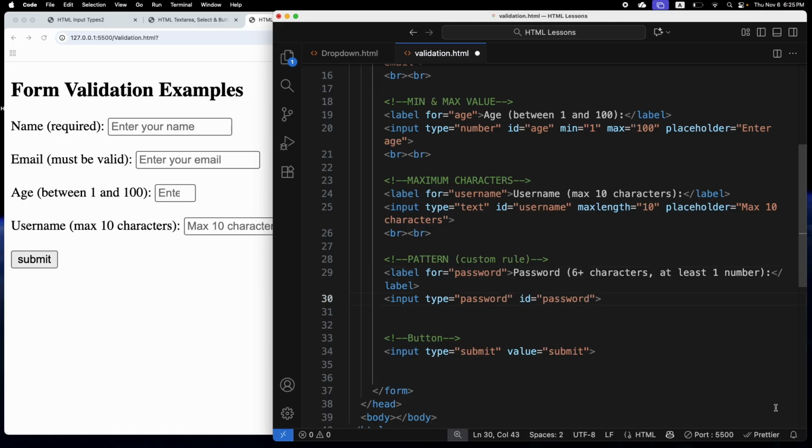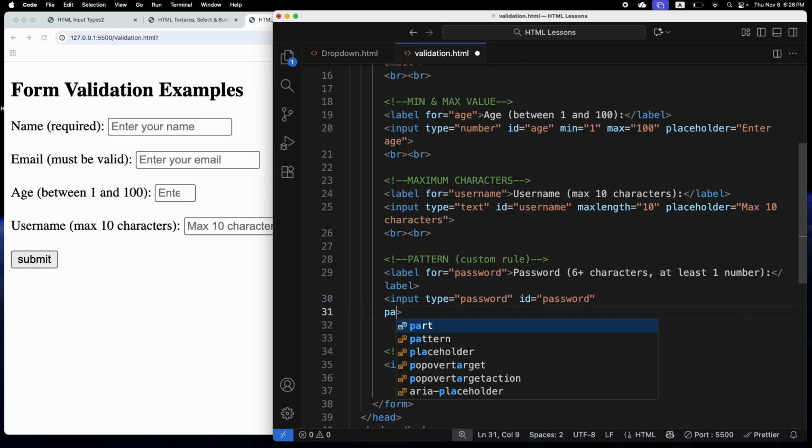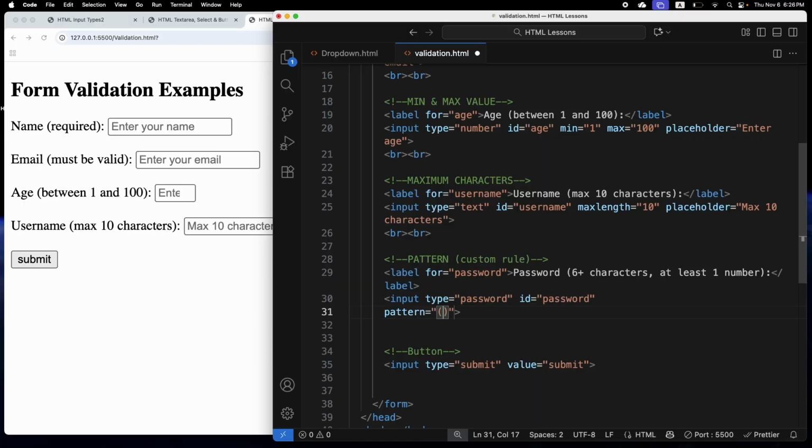And let's set a pattern tag. Pattern tag equal to, so some rules. For example, this one,